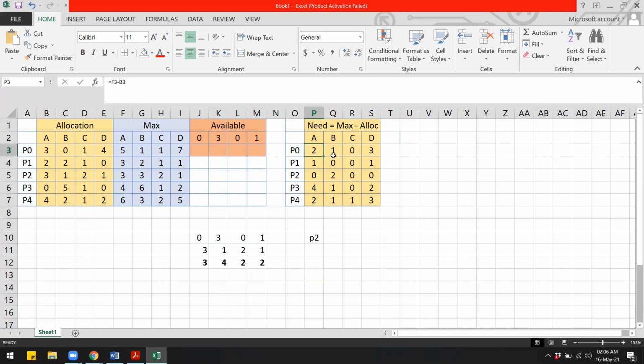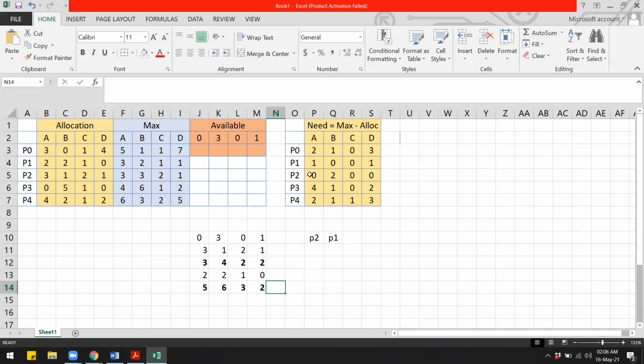Again, we cannot because there's not enough resource D. P1, we can run P1. So P1 goes next. Once P1 completes, it is going to return 2210 back to the pool. Now the size of the available pool becomes 5, 6, 3 and 2.